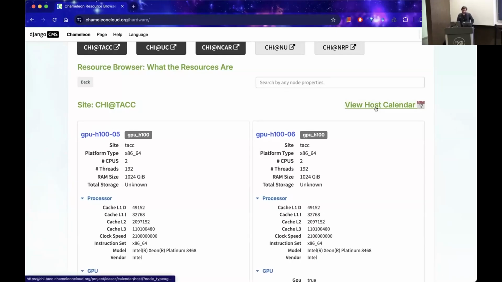And what's nice, and this is a relatively new thing we just added, is that before, you would find these nodes and say, okay, great, I want one of these. Then you'd have to go all the way out to a new site, check another calendar in a different place, and then come back and remember what you saw here, and then go and check. It gets very complicated, with a lot of switching back and forth. So what we did is add the ability to view the host calendar for a resource directly from the resource page. So if I click this view host calendar,